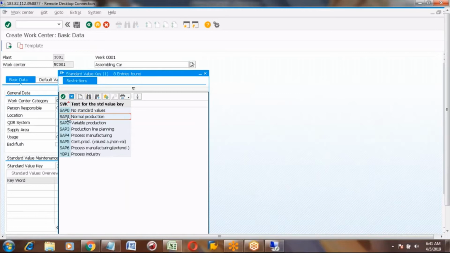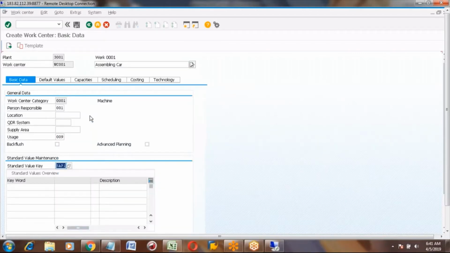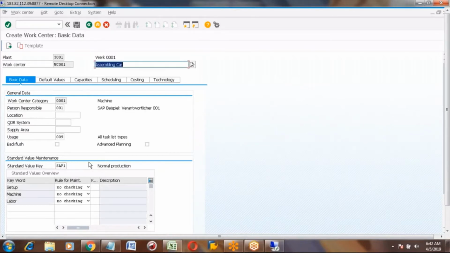For example, if I take SAP 1, normal production, and press enter, you will get what parameters we are going to measure in this one. It will display here in the bottom. Now you can see it displays 3 keys. One is setup, another one is machine, third one is labor.